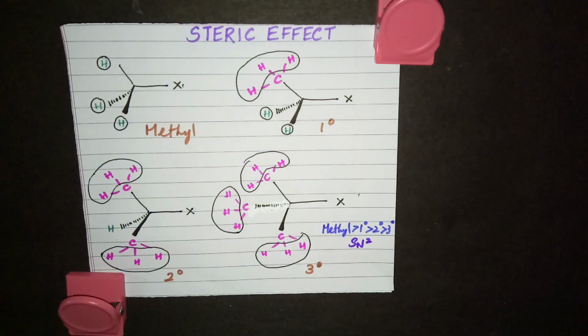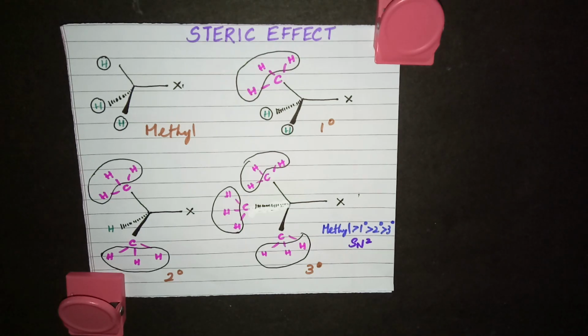This knowledge is very important for answering many of the questions, so please understand this concept. If it is SN2, methyl and primary halides will undergo faster. And another thing you have to remember about a bimolecular reaction: it happens in just one step. This reaction takes place in a single step. Don't get confused with the SN2. That 2 stands for bimolecular, which means the rate of the reaction depends on the concentration of both reactants. Obviously, if it is happening in a single step, both the reactants should be there, only then can it be bimolecular. So it happens in a single step only. Either way you can remember.